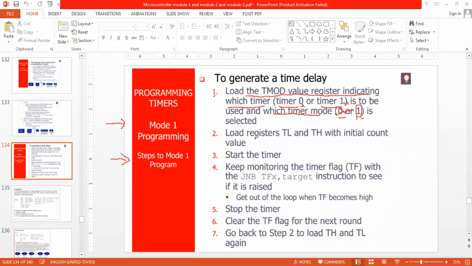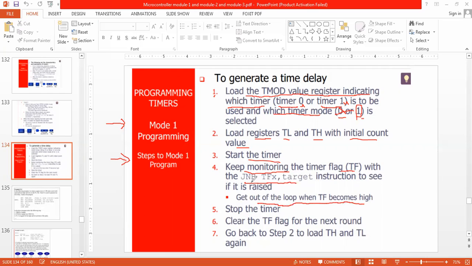Load registers. Mode 1 is a 16-bit timer, mode 2 is an 8-bit timer with auto reload. Load registers TL and TH with the initial count value. That is the second step. Start the timer, third step. Keep on monitoring the TF flag, fourth step. Get out of the loop when TF becomes high.